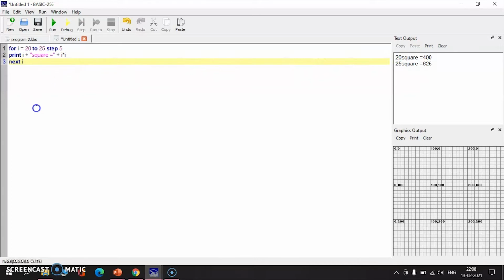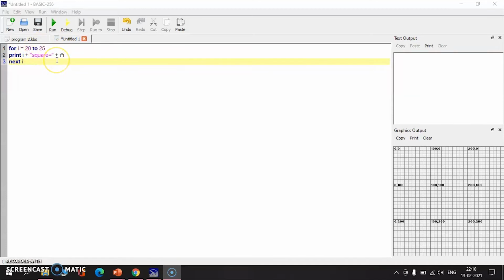Yes. Now we are going to see another program using the for statement. This is our next program using the for statement. Here you see the first line: for, and then I am assigning a variable name as I is equal to 20. So this will be our expression 1, to 25. So this is our expression 2, and here there is no expression 3. And the same print statement here also, we are going to calculate the square of the I value.